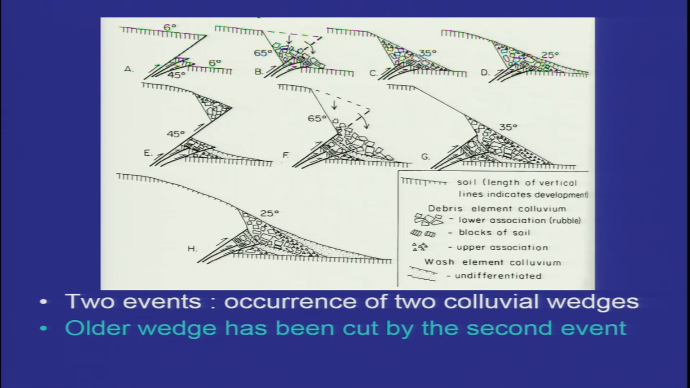So, if you envisage that there will be another event here, then you will have the displacement of this whole sequence. So, again another. You have the first colluvial wedge here, and this is your second colluvial wedge. So, based on this also you will be able to judge that there were at least two events along this